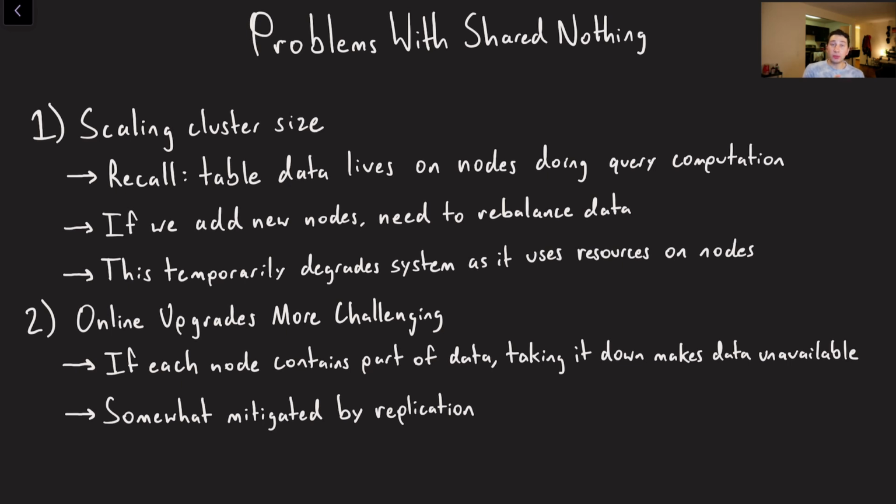Because we're taking data and moving it from node A to node B when we expand our cluster, we're now in a slightly degraded state, and it's going to make the system harder to deal with and reason about. The same thing goes for online upgrades, right? If we take out a portion of the system, now all of a sudden we basically can't query that partition. Now, of course, this data can and should be replicated, but it definitely makes things harder to think about. And again, it just points to the fact that the system is going to be generally degraded for a bit, right? Like, if there are 3 replicas serving some data and I take out 2 of them, so only 1 is now standing to serve it, now we've just lost quite a bit of read throughput potentially.